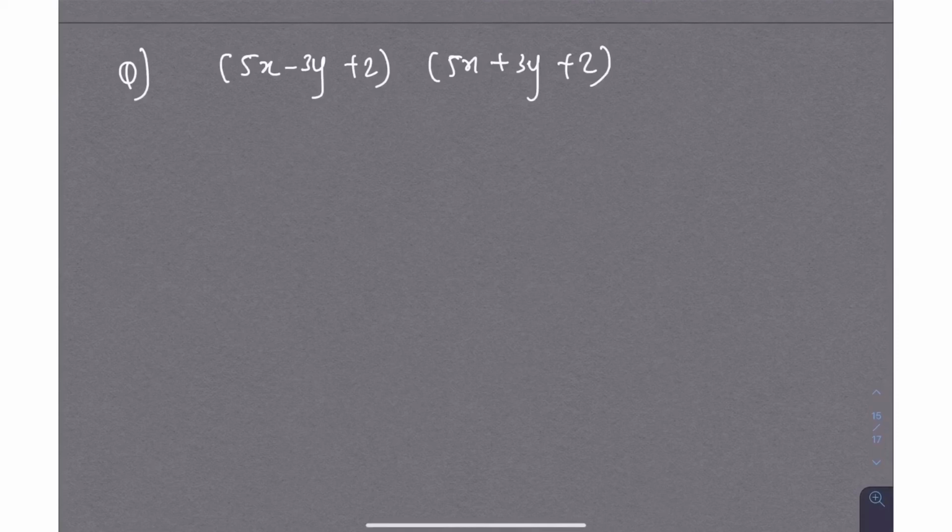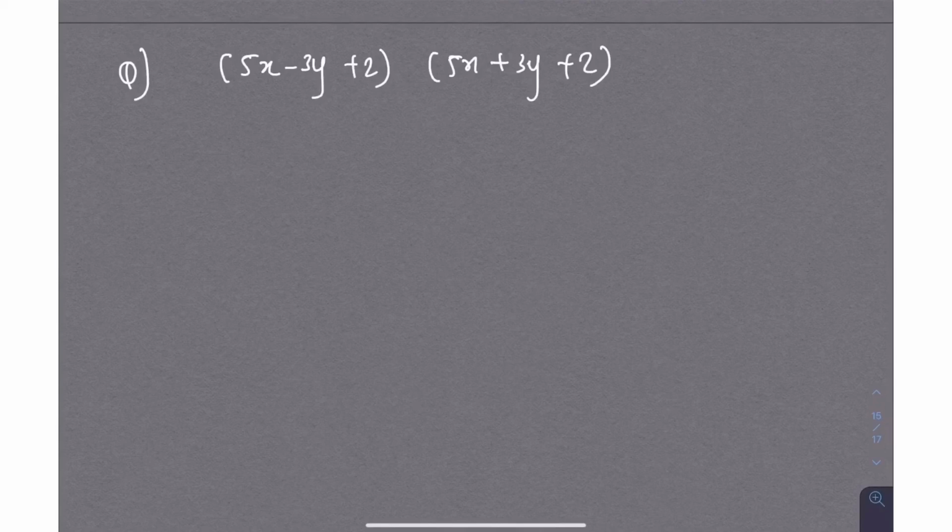Okay, so I guess तुमने solve कर लिया होगा sum, or at least you guys must have tried कि कैसे solve करना है. See, now this sum is not exactly straightforward as the previous sum. Previous sum में first two terms were same. इसमें first two terms are not same because we have 5x minus 3y and दूसरी bracket में we have 5x plus 3y. But थोड़ा तुम लोग ध्यान दो ये, तो we have plus 2 and plus 2.